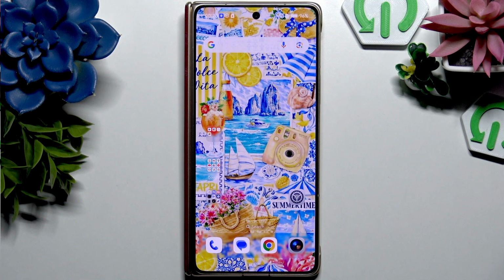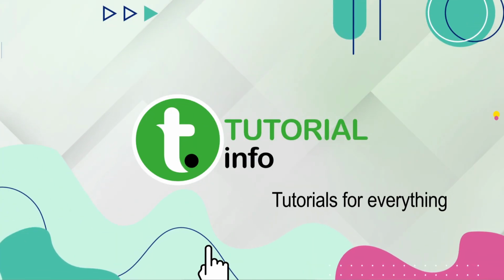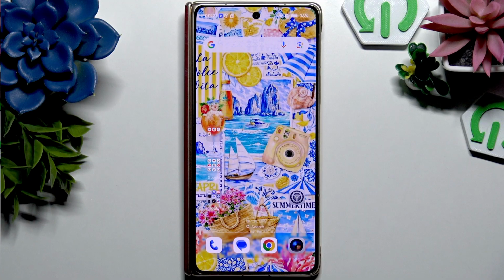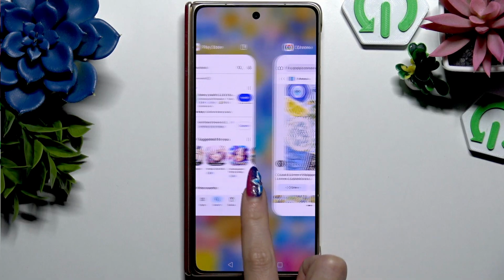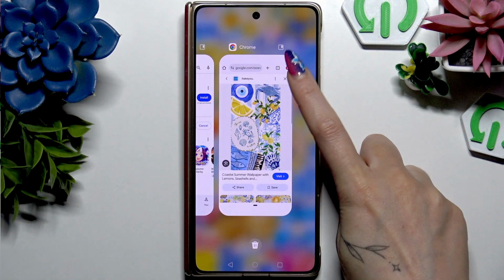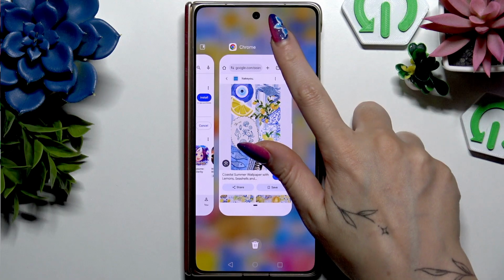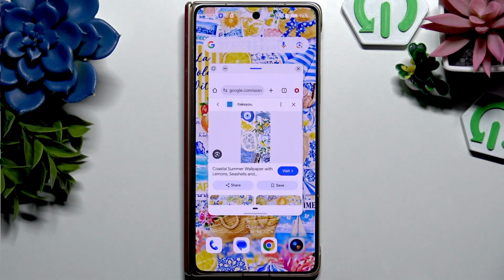In front of me is Honor Magic V6, and today I would like to show you how you can open apps in pop-up view. All you need to do is select an app you want to use in this view and launch it in the background. Then click on this square at the top right corner of the chosen app and enjoy using it in